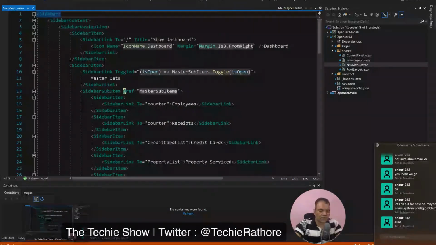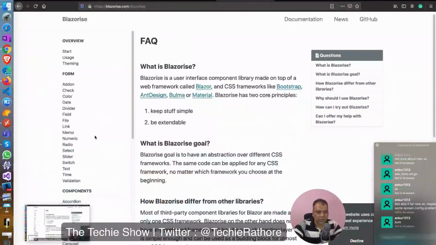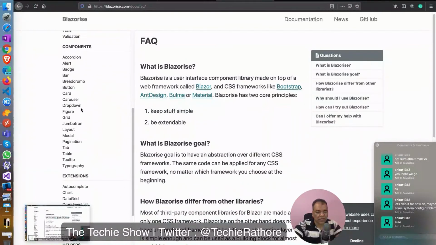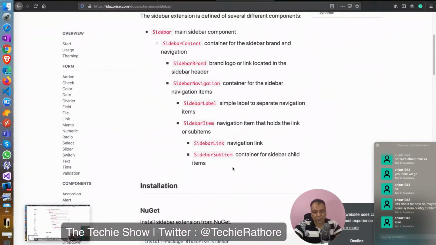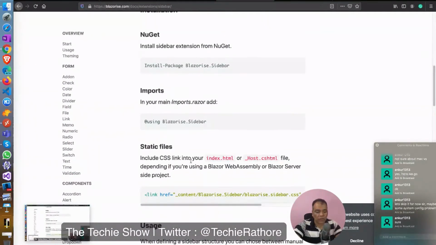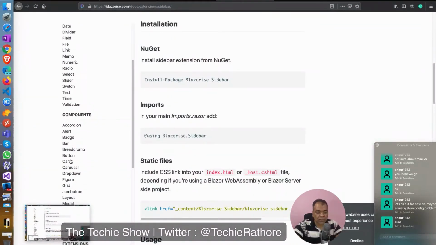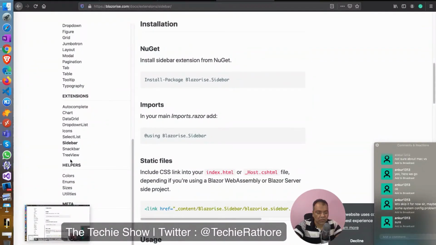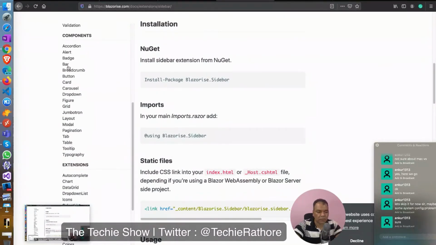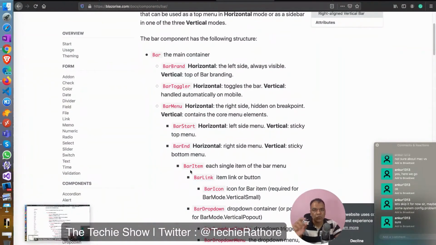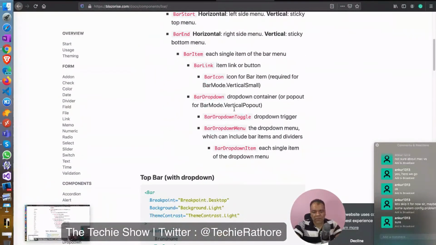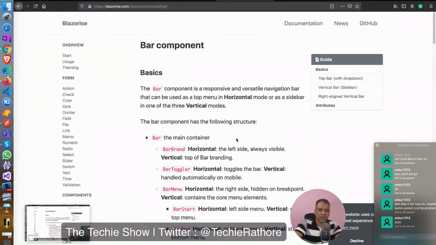So there are different components. If you go on the documentation of Blazorise, you have components, like there is this sidebar. Earlier this sidebar was used to show the sidebar menu, okay, but now they have also given you another component that is called bar, like this one. So this bar is the one which is used to show the top horizontal bar, and it has the option to show horizontal and vertical menus and everything, okay. So we can utilize this to create bar-like menus and all.